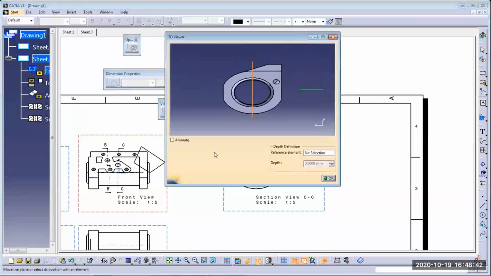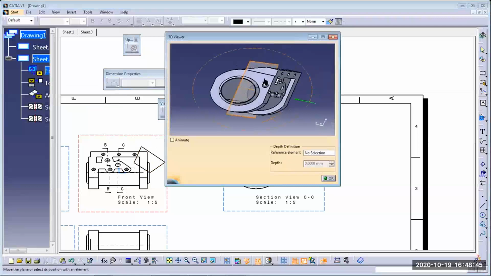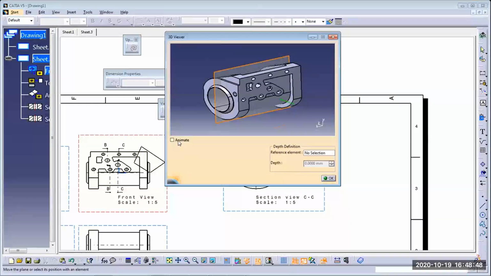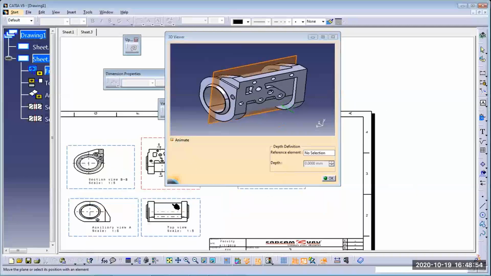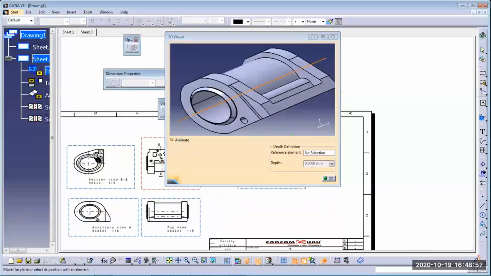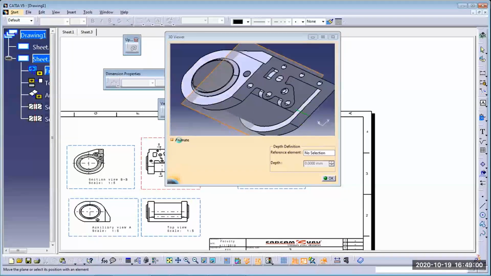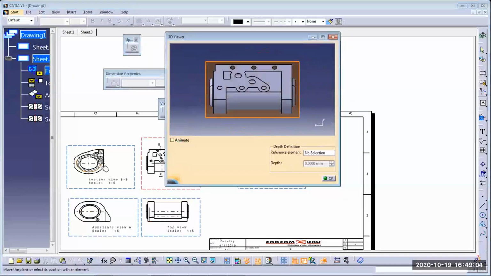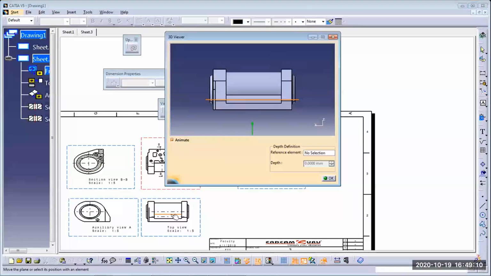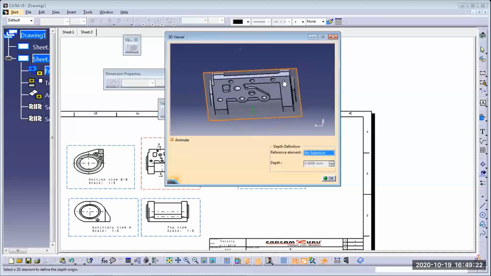Now it is asking what is your first frontal plane that you have to define from here. Use this animate option on. If you move the mouse over here, accordingly the planes will be shown. If you turn off this animate and move the mouse in a different view, the planes will not show. So it is better to keep the animate option on. If you move this, it will show like this. Now you can understand that from this face to this plane, what is my requirement? There should be 17 mm or 15 mm distance. So my reference element is this face.